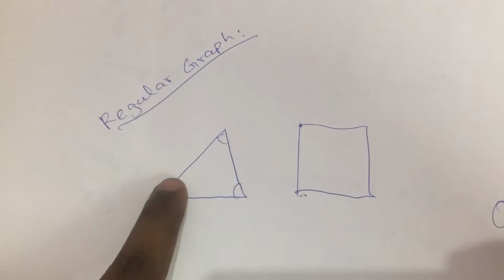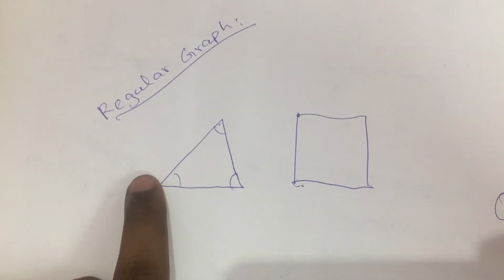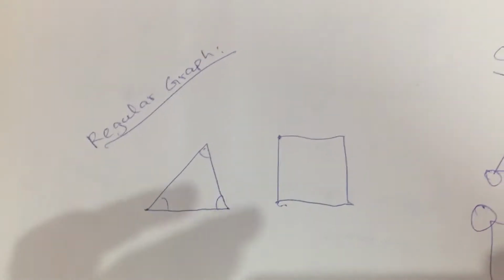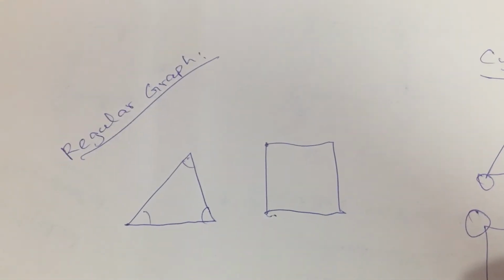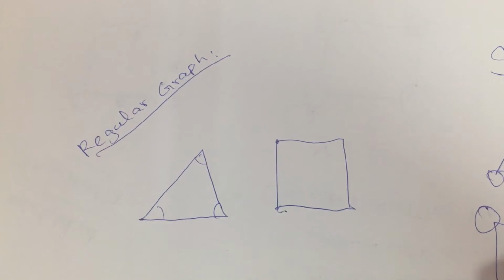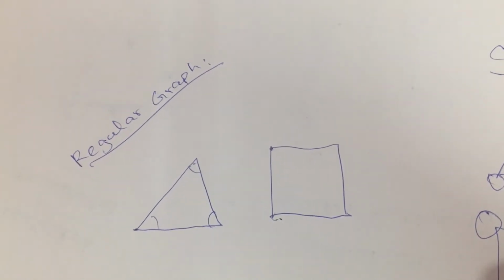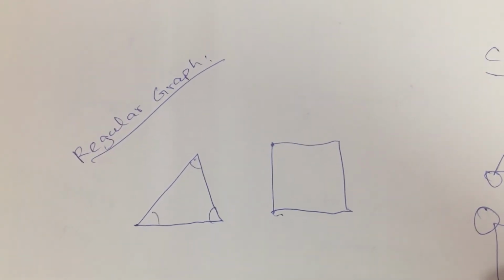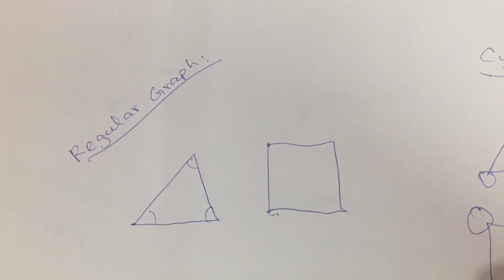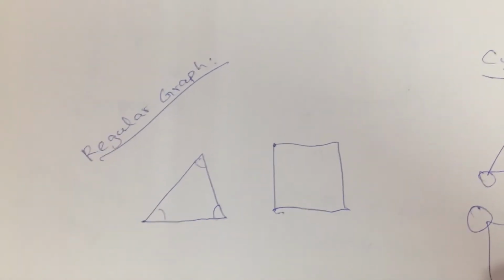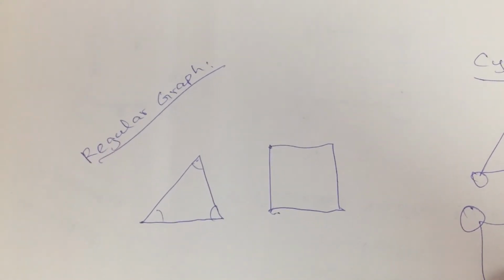And when it comes to a regular graph, each and every vertex will have the same degree, right? So that's considered to be a regular graph. Still we have some more types of graphs, like bipartite graph, strongly connected graph, weakly connected graph. There are too many types of graphs. So as of now, for the basics, this is sufficient for us to know, right? So now let's start learning about algorithms, BFS, DFS, and so on.